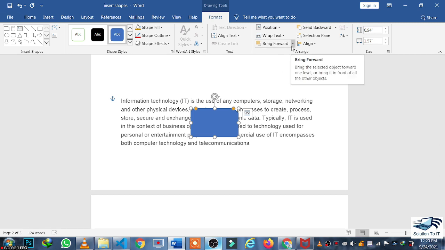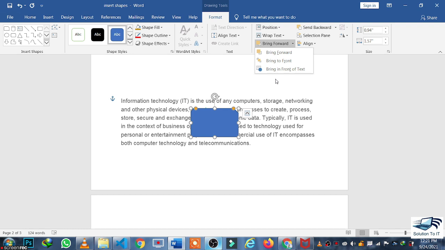Now there is the next option of Bring Forward and Send Backward. If we click on Bring Forward, different options will come to you: Bring Forward, Bring to Front, and Bring in Front of Text. Because I have already applied this option, Bring in Front of Text, if I click on Bring Forward, nothing changes because the shape is already in front of the text.